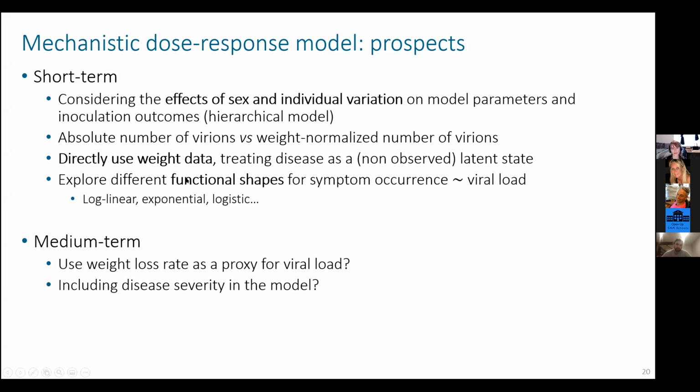And so, yeah, for the next steps, we'll consider potential effect of sex and individual variation on the different parameters. Also test some biological relations, notably whether we should consider the absolute number of variants when we consider the probability of getting sick, or should we consider the number of variants corrected by weight, which would first help us potentially improve model fitting, but also bring us some insights of what is really important in the biology of this